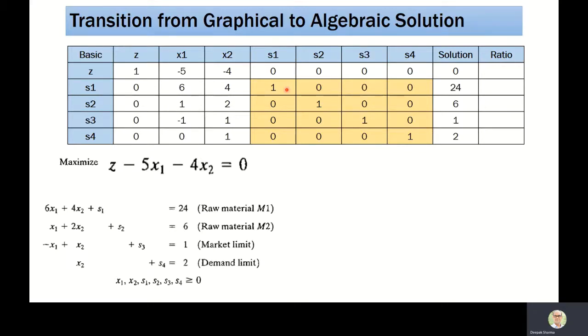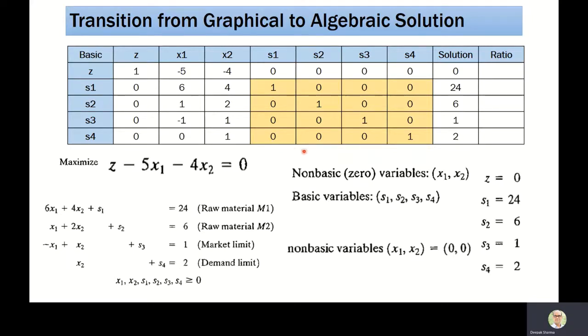I'm telling you that the simplex method is nothing but linear algebra, where we are trying to find the solution for a system of linear equations. In this method, A is a coefficient matrix, I is the identity matrix, and B is the right hand side vector. We perform row operations in such a way that A is converted into the I matrix. This is exactly what we are following here. This identity matrix I will discuss again at the last.